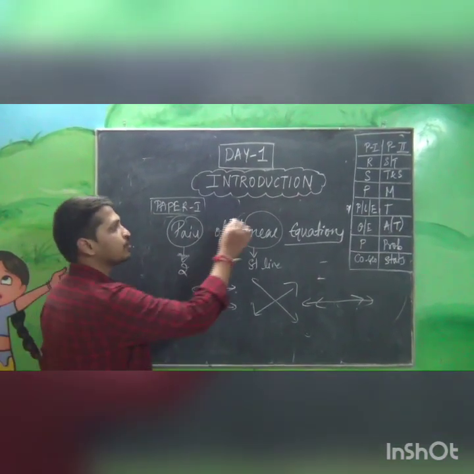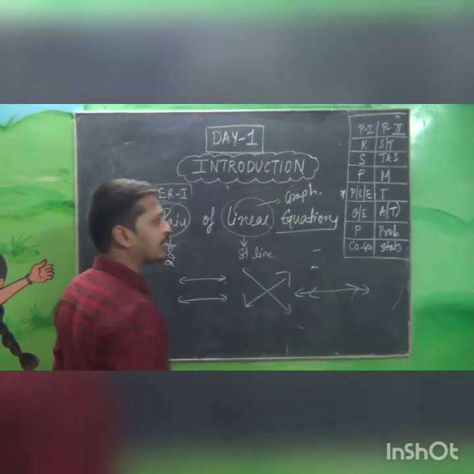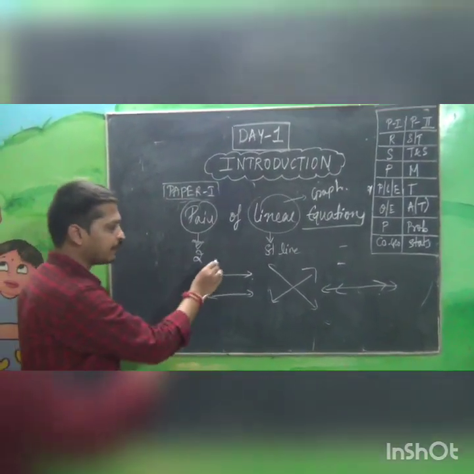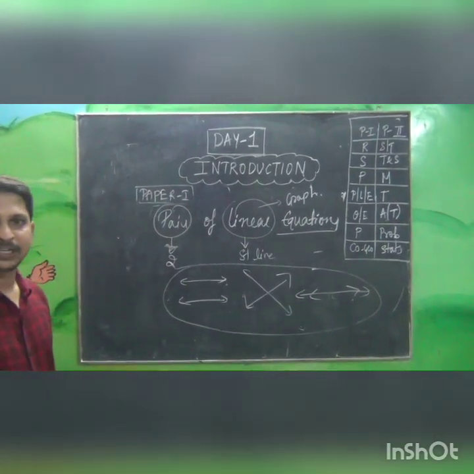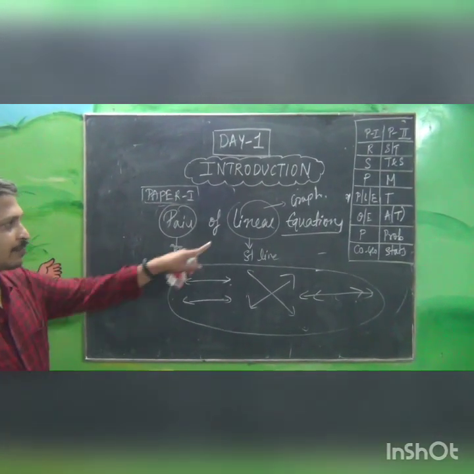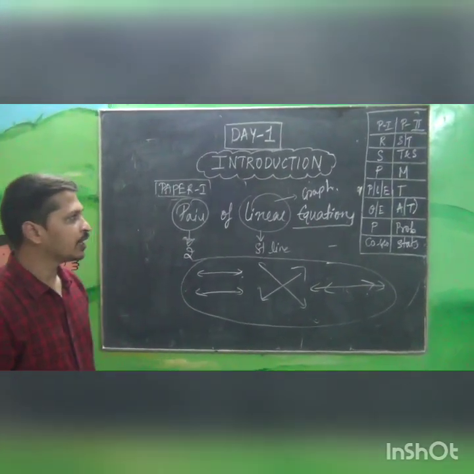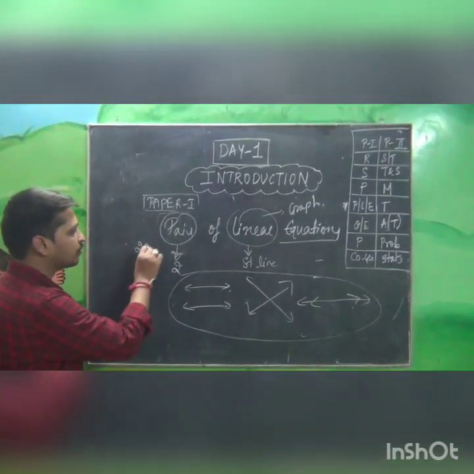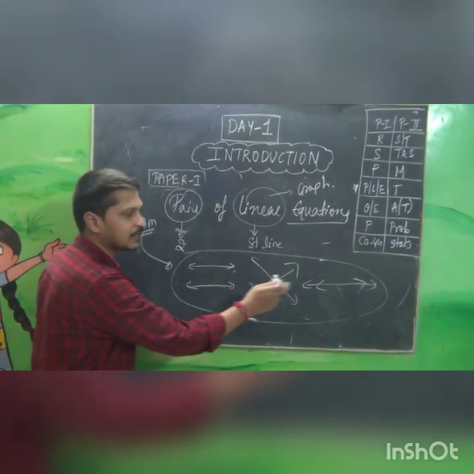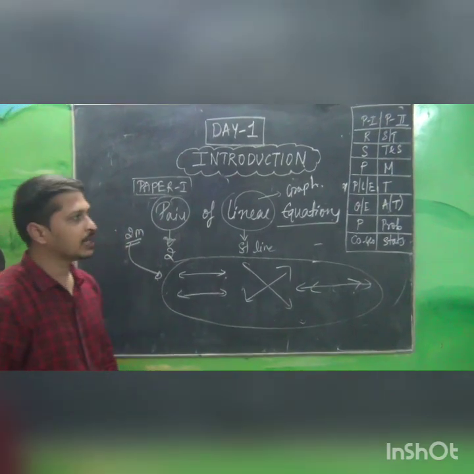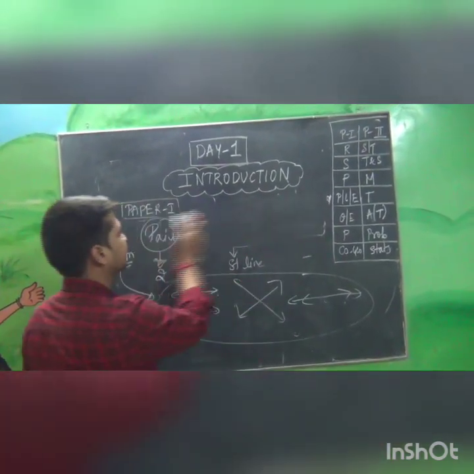And again here also you will have graphs. The concept will be totally based on two straight line equations and graphs. In this chapter, graphs are also important. And in 2 marks we have a few questions related to parallel, intersecting, and coincident. Okay, next coming to the next chapter, quadratic equations.